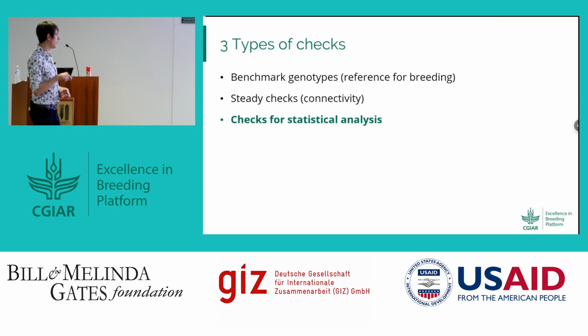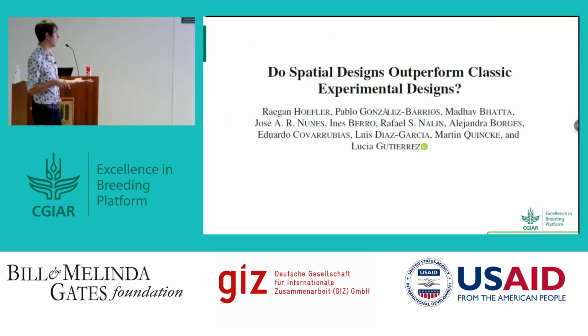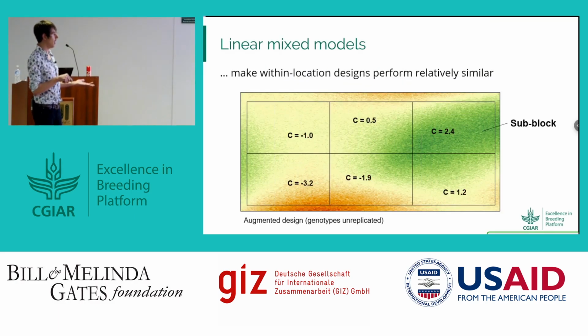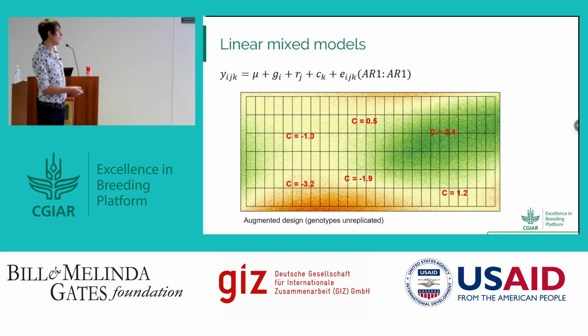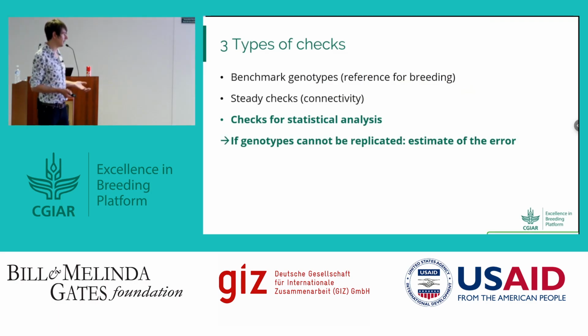What I want to go back to are the statistical checks, the checks necessary for statistical analysis. And these are basically these checks. Back then, they were necessary. We needed many checks replicated in each of the subblocks to analyze our data. This is not necessarily the case anymore because, as I told you, the way we calculate block effects or blocking is now different. We use random effects to calculate rows and columns, and we don't need these checks in the field anymore to estimate these effects. And this becomes even easier when we have genomic data. They become even more redundant at that point. So, do we still need them at all? The answer is, it depends. I told you